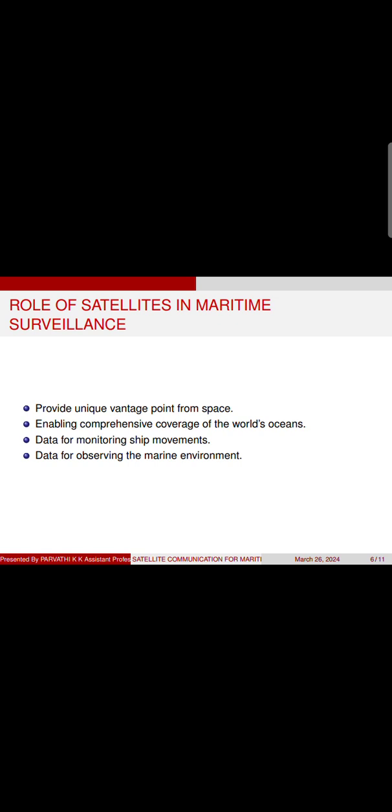MEO is the medium Earth orbit satellite network, orbiting at a distance of about 8,000 miles from the Earth's surface. The signal transmitted from a MEO satellite travels a shorter distance. This translates to improved signal strength at the receiving end. This means that smaller, more lightweight receiving terminals can be